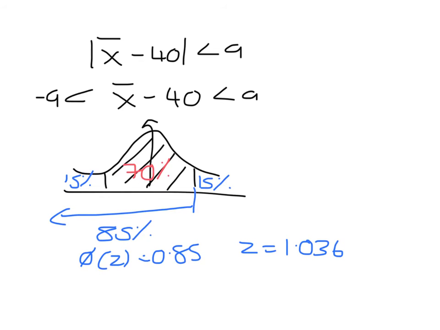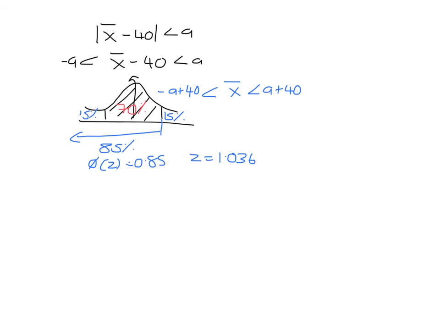And going to the table, I get a z value of 1.036. Now before I go any further, we need to go up to the top and consider very carefully what we're dealing with here. In the middle I have x bar minus 40, but my curve is based around x bar. So if I add 40 to both sides,